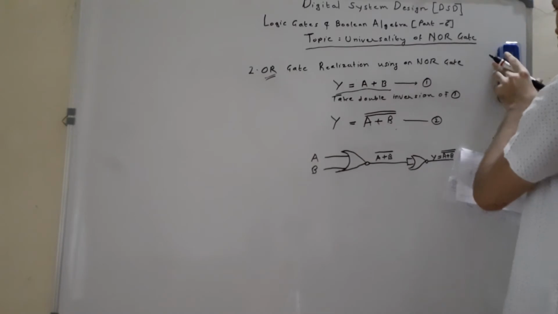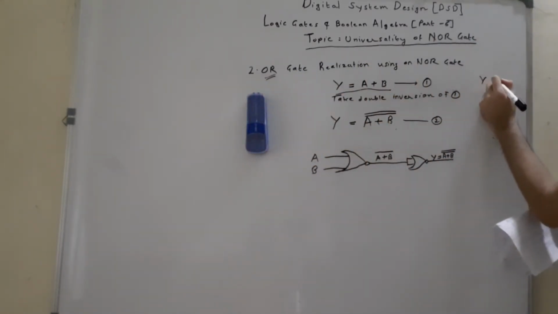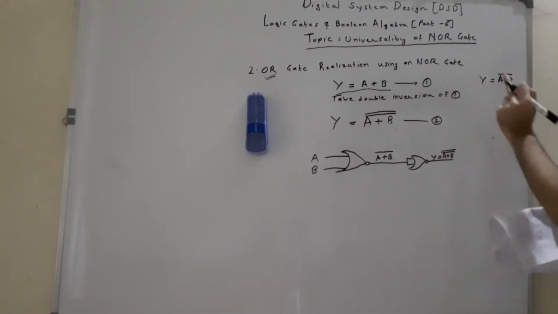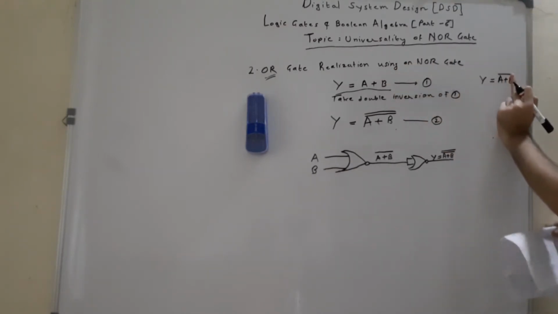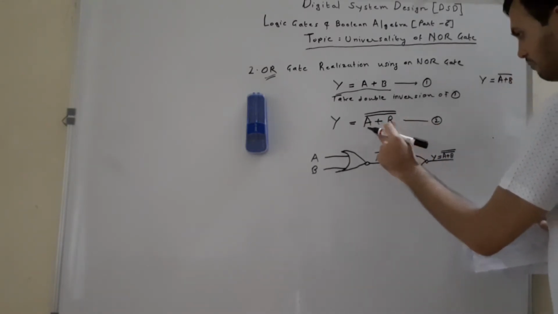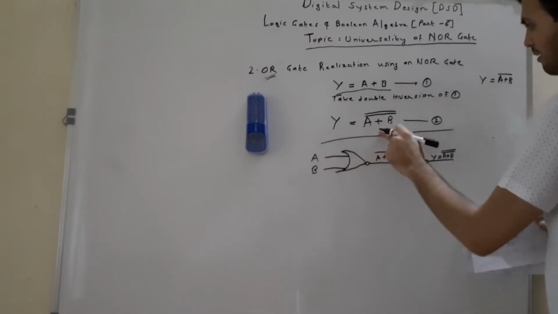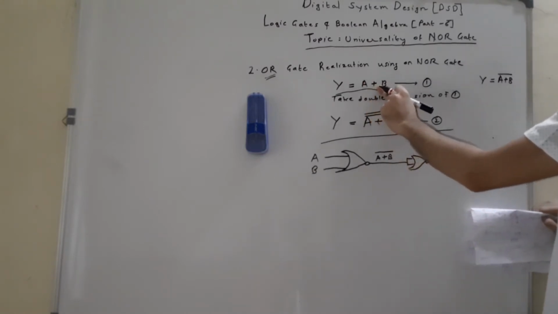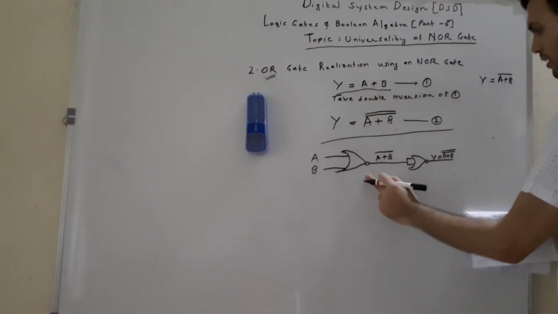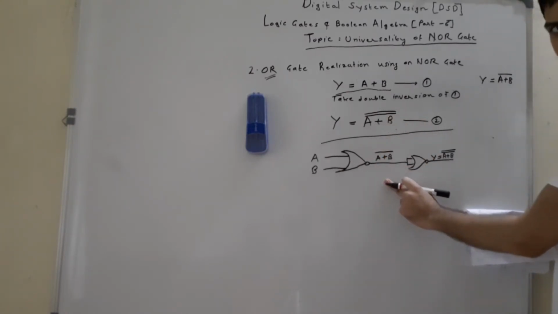But as you know, what is the Boolean expression for your NOR gate? For a normal two input NOR gate, Y is equal to (A plus B) the whole complement. But now we have this circuit and we want to realize this one. So what is the best way to nullify this complement? Take its double complement. So this second equation which we have got over here is the same as equation 1, because (A plus B) double complement is nothing but A plus B as per rules of Boolean algebra. And because of the double complements present over here, we are able to realize it using only NOR gates.